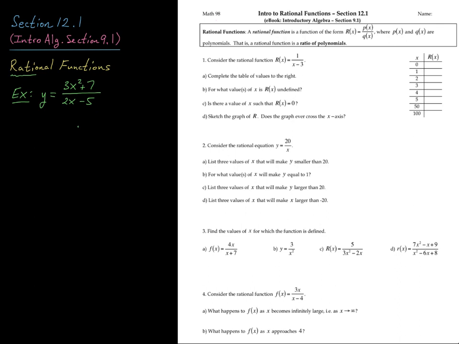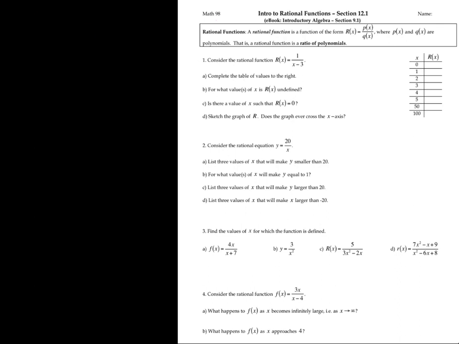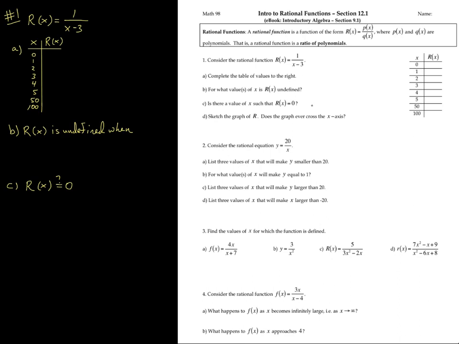Okay, cool. So let's now check out question 1, where it says to consider this rational function. So r of x is 1 divided by x minus 3, and our job in part A is to complete the table of values to the right. I've just included the table over here, and in order to complete it, we're just going to plug these values of x into our expression for the function